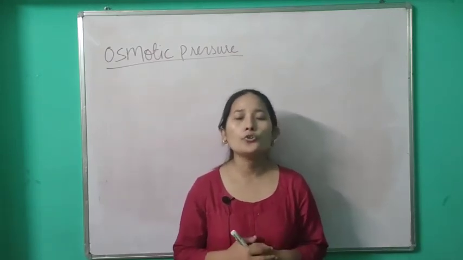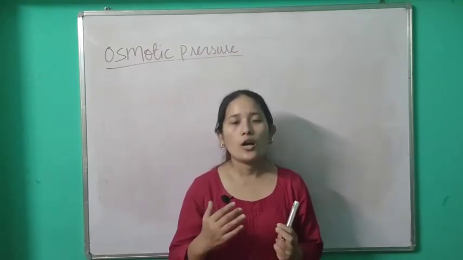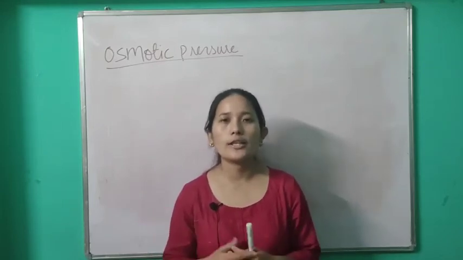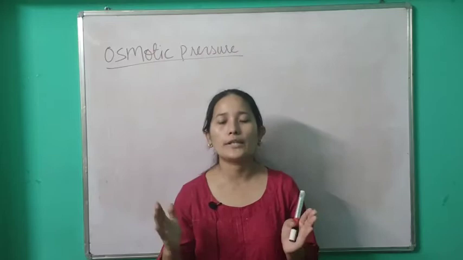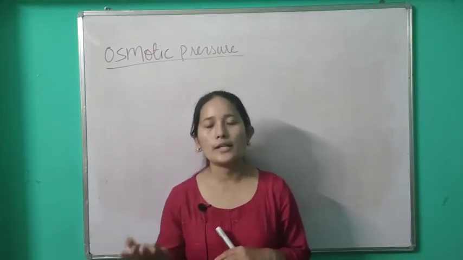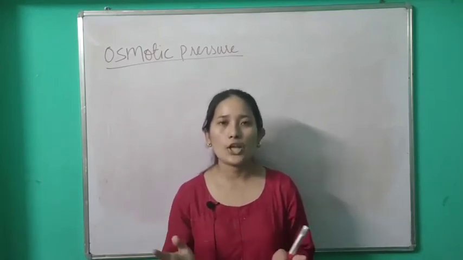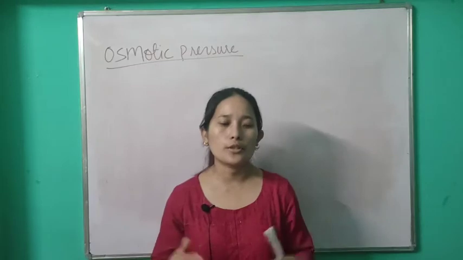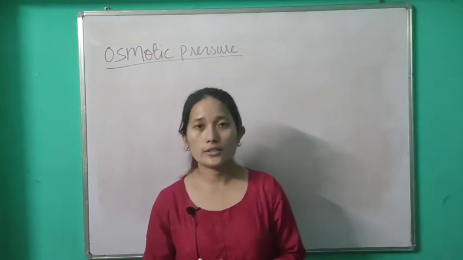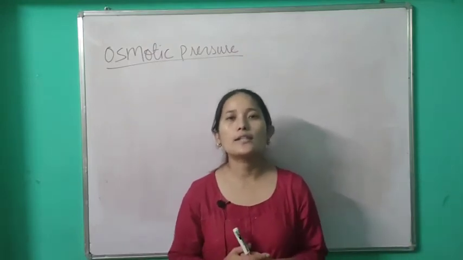So how long do you think osmosis is going to take place? If we think about it logically, it should continue till it's balanced from both sides, outside in the environment and inside wherever the absorption is taking place. Till the amount of water is equal on both sides, osmosis should continue, right? But that does not happen. Now why doesn't that happen?